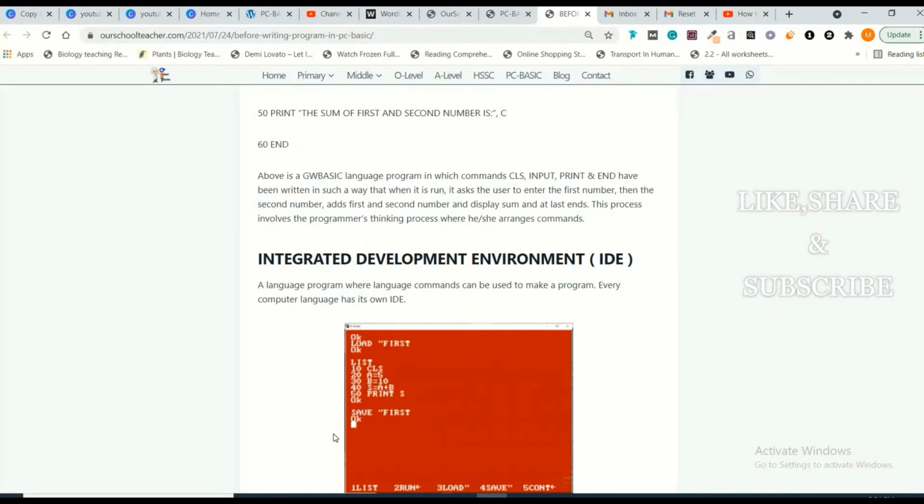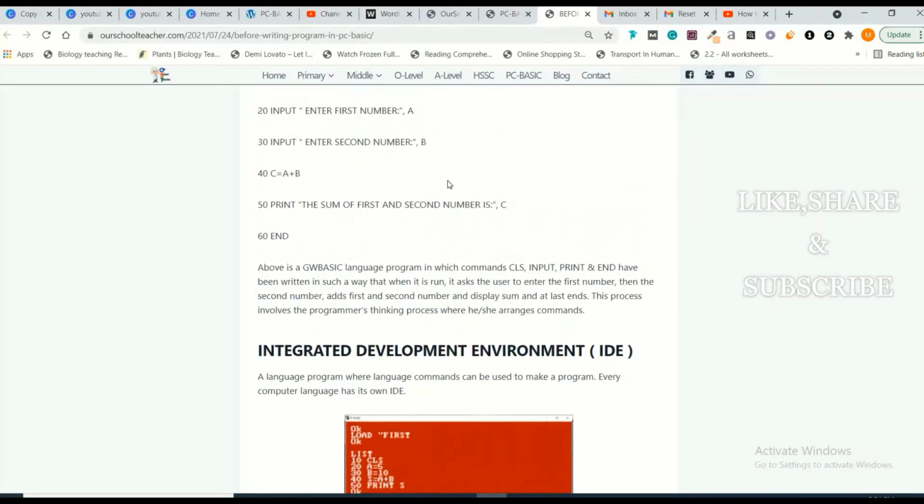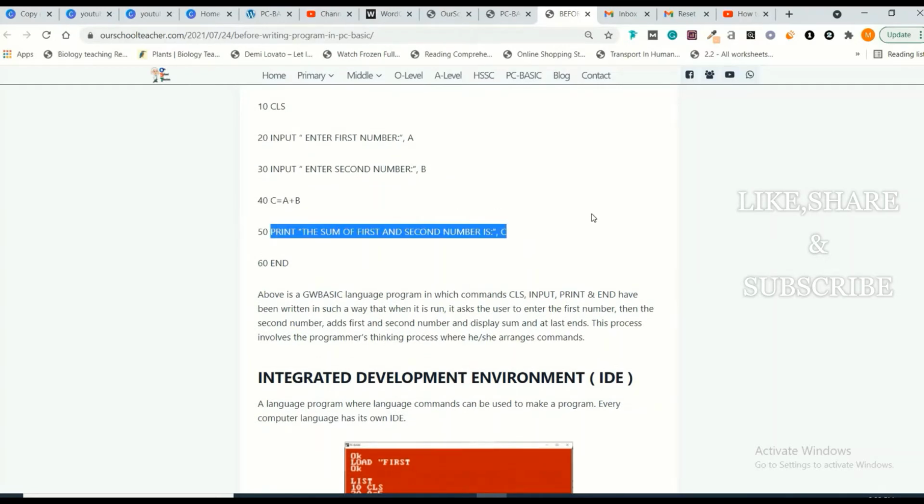So when you are making a program in any programming language, for example, in basic language, you are writing commands which are in English language, for example, the print command, but the computer does not understand the print command. So this print command has to be converted into binary language, into the language of ones and zeros. So the IDE of basic language will have integrated translators which will convert this basic print command into binary codes.